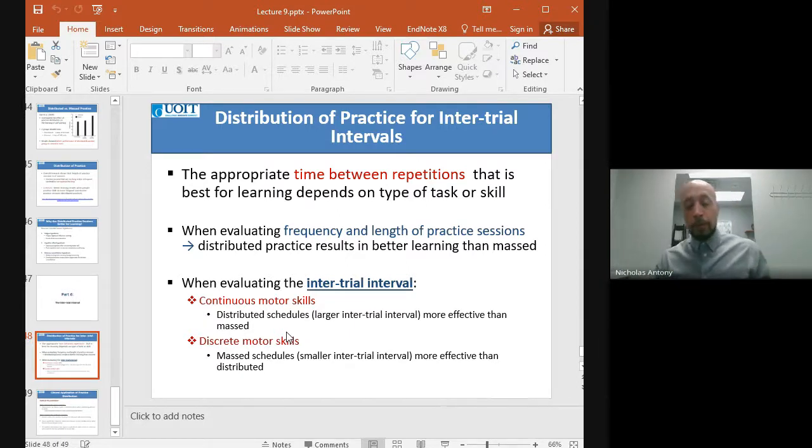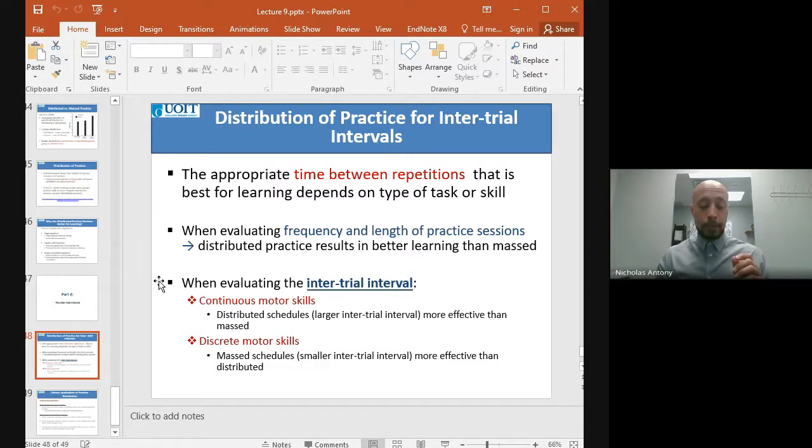The amount of time that you want to wait in between practice sessions is also going to be based on how tired the person is, if they're mentally drained. There are different factors involved in considering how long to wait in between repetitions of trials within one practice. But generally speaking, when you do discrete skills, so think of like